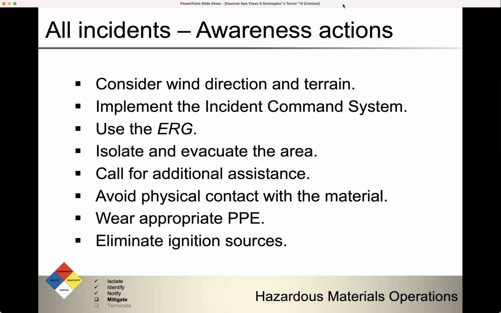So for any hazardous material incident, regardless of size or what the material is, we have to consider some things, including wind direction and terrain. We want to make sure we're uphill and upwind. We're going to implement the incident command system. That way we can get things organized. The reason that's so significant is